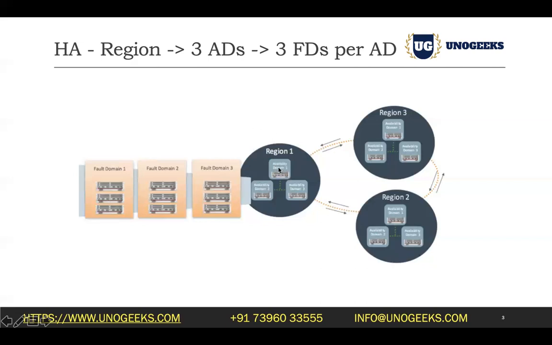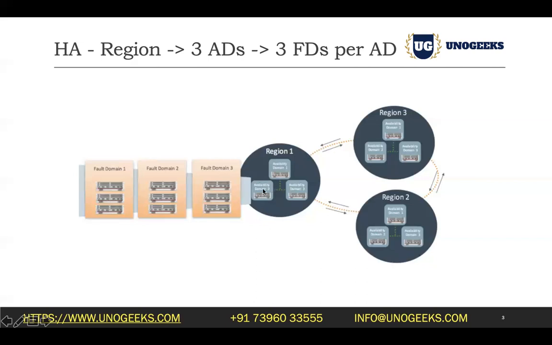And when applications are typically deployed in multiple domains, they would be sitting behind a load balancer, and that load balancer will keep a watch on the availability domains to see what is up and running and what is not. Whenever it receives a request from a user, it sees whether AD1 is up and running or not. If it's down, the load balancer will say, oh, AD1 is down now, let's route the request to AD2. So the load balancer will be able to take that call and route the request. That ensures that your solution or application is highly available.